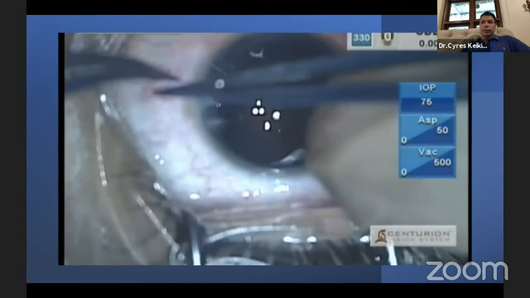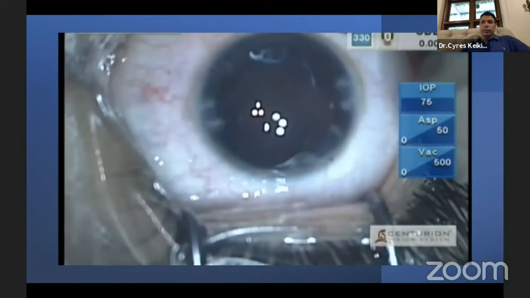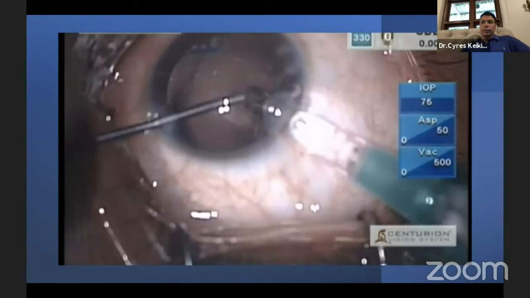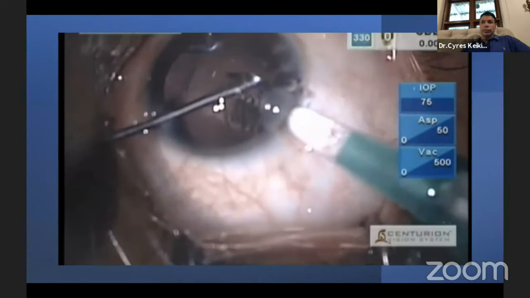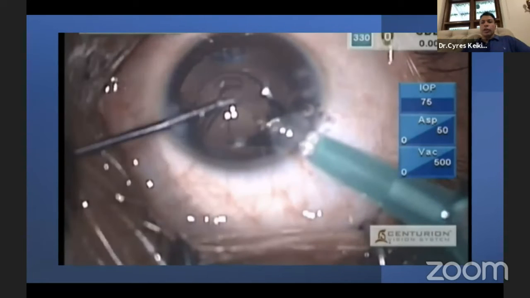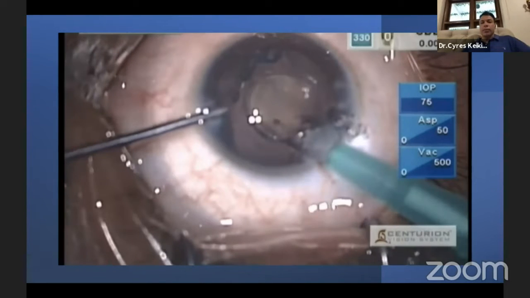And now we are tying the knot tight. This creates a nice capsular bag. And now I'm injecting the lens inside the capsular bag. You have to inject it slowly so that it doesn't jump off, because if the lens suddenly opens up,